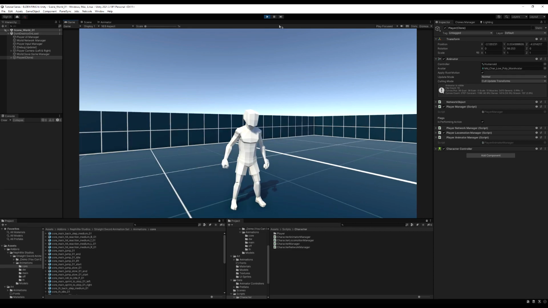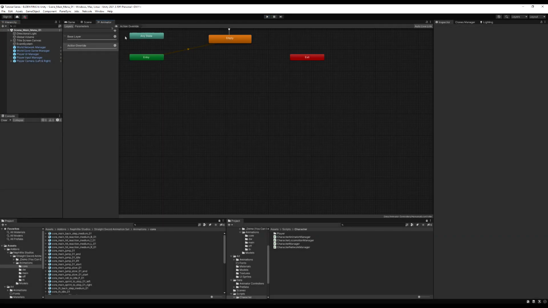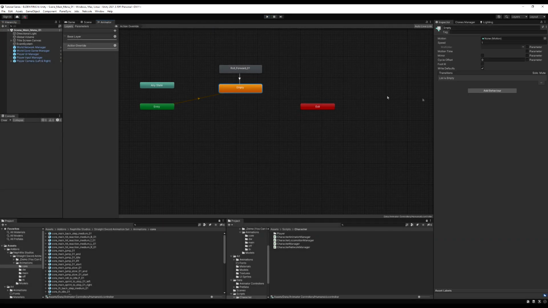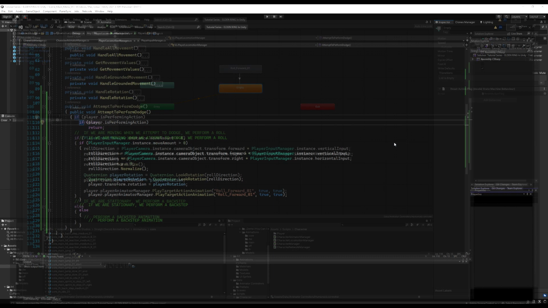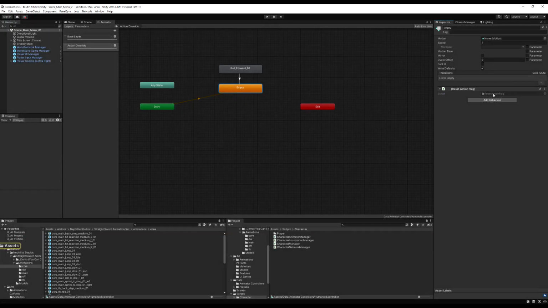So there's a very simple and effective way to reset these that actually works out perfectly for a project like this. If you go to the empty state in the animator window and add a script to the state itself, yes, you can do that. We can actually call the script reset action flag is what I'm going to call it. I'm sure many of you know about these animator state scripts, but when you basically create a script on top of the state, it auto-populates the script with a few functions that you can use, and I'll show you which one we're going to use.